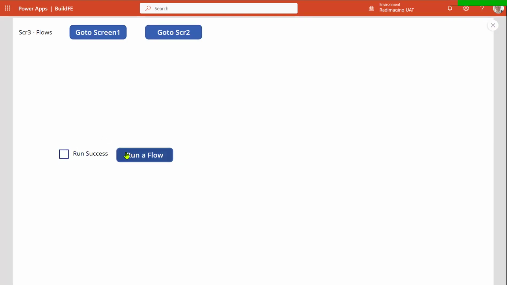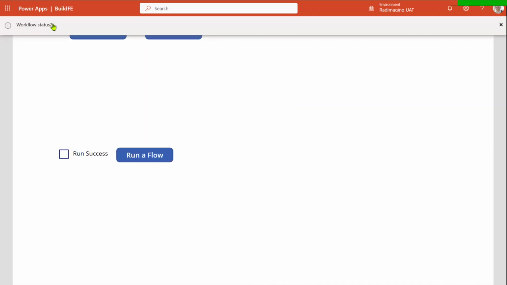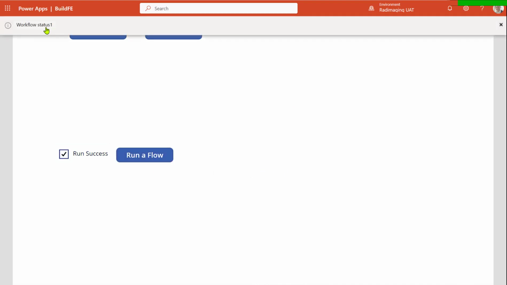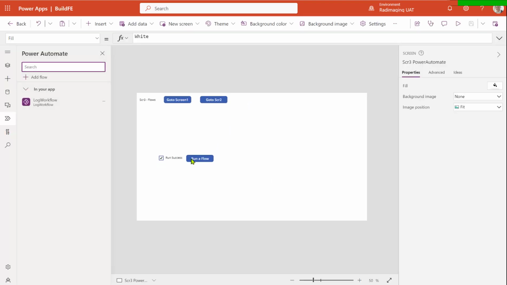First of all, I'm going to run a failure. I click run a flow, and you can see it's given me a status of 2, which means it failed. If I now click it and say, yep, I want it to be successful, you see workflow status 1, so it's been successful. Okay, if we come back into the edit mode, let's quickly have a look at the screen